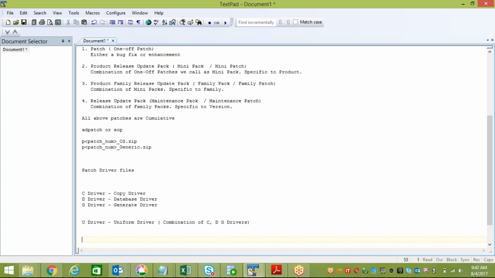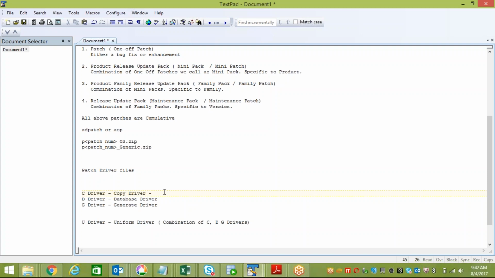It is a combination of the C, D, G drivers basically. The copy portion, database portion, and generate portion will all be clubbed together, and when you apply the U driver, it takes care of everything automatically. The main painful part was when you got the C, D, G drivers. You need to use the ADOP utility here. When you execute the ADOP utility or the ADPatch utility, one of the parameters